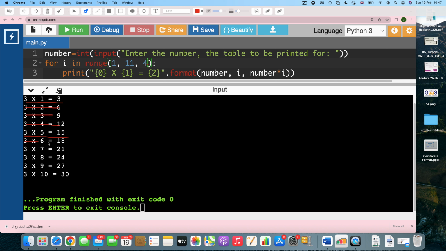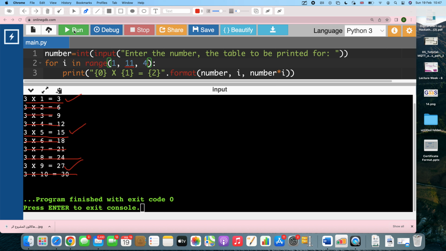And then 5 plus 4, 9. And the third time it will be not this one, not this one, not this one. It will print this one. So this line, and this line will be printed. And it will not print this one because after 9 plus 4 is 13. So 13 is above 11, right? It will not print this. So if I run this, in your view, it will print only 3 lines. And that will be 3 times 1, 3, 3 times 5, 15, and 3 times 9,